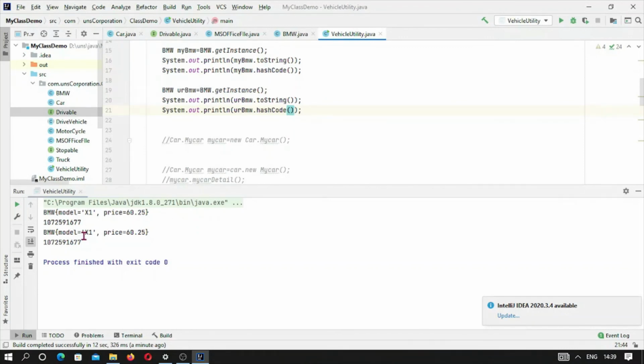In case of threading and concurrency we will study this, and it is very useful in database programming and secure database connection programming.